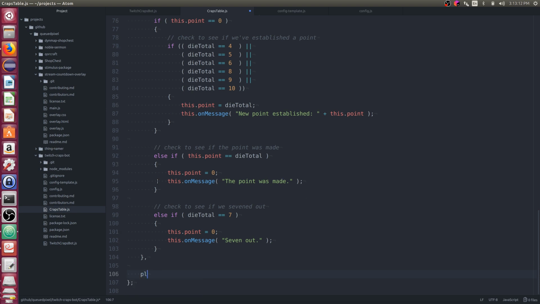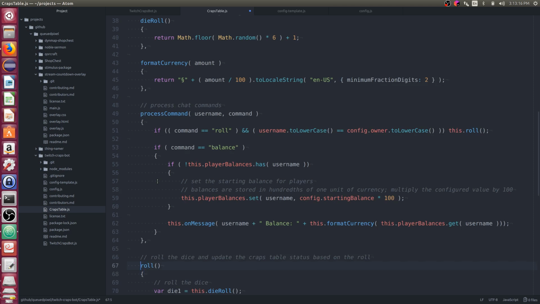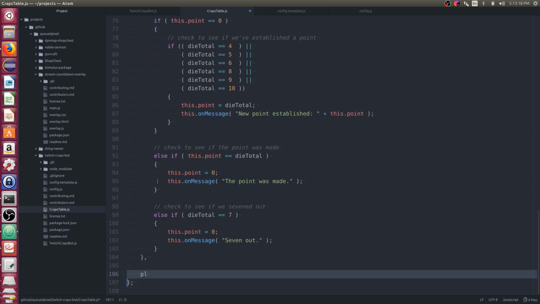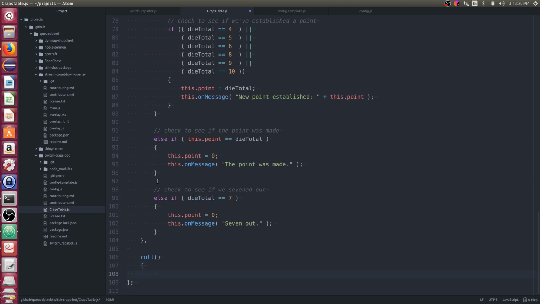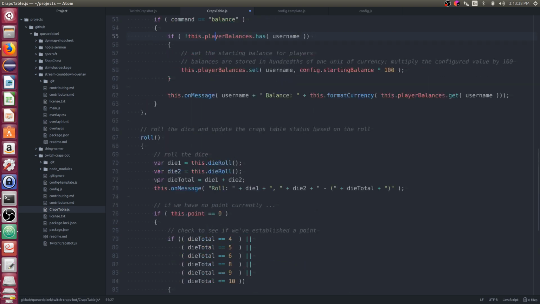How do I do it? I'll call it player balance or get balance or show balance. We'll bring in the username, so the parameter is the same, and let's just grab this block of code out.